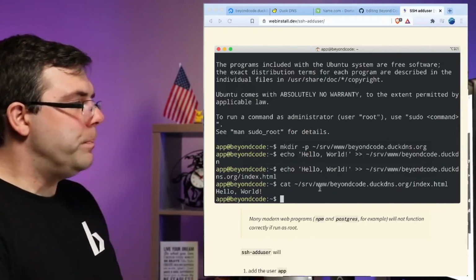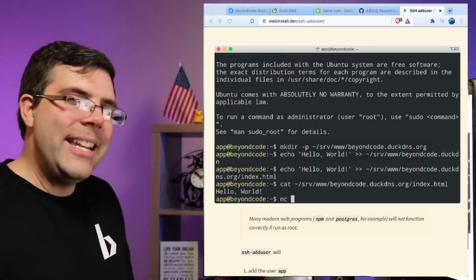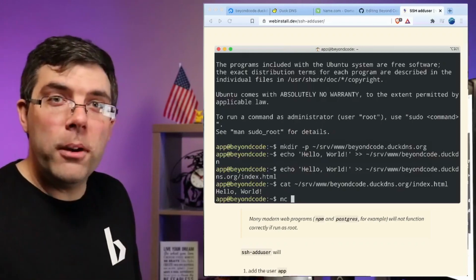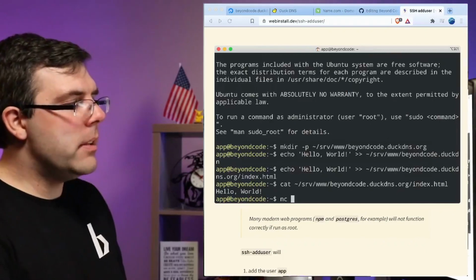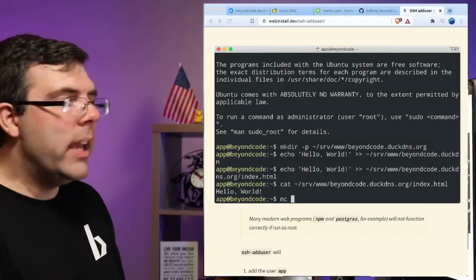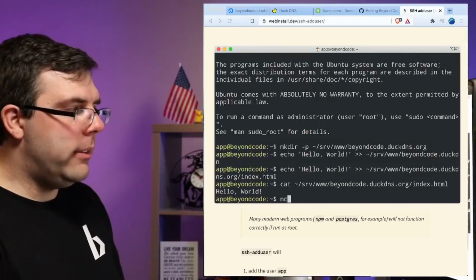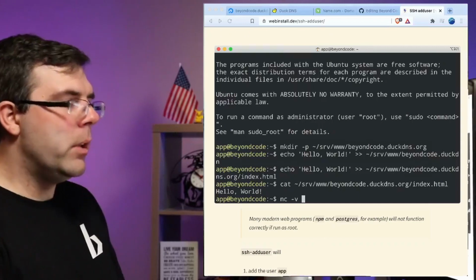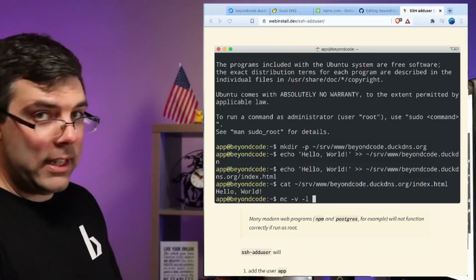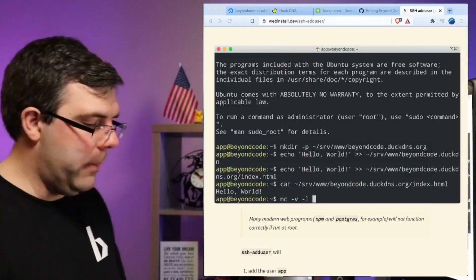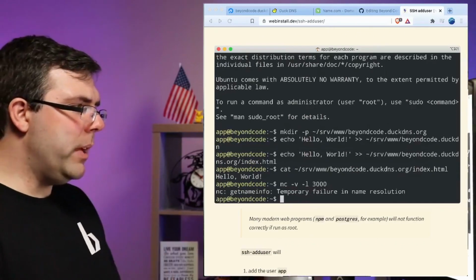But what we'll do right now is first, before we even do that, we're going to use another program called netcat, which is easy to remember because it's cat, just like cat, but network. Sometimes the program is spelled out netcat. Usually it's more common for the program to be called NC. So I'm going to do NC -v, which actually means verbose, and then -l, which is for listen. When a server is running, we call it listening. And then I'm going to put 3000 for a port number. Now, the reason that I'm doing this,